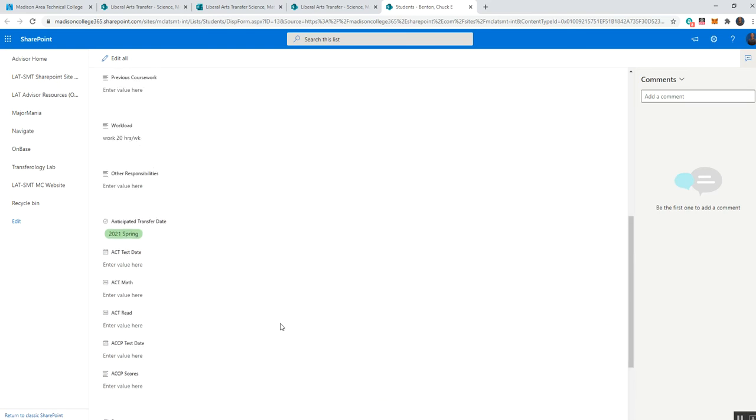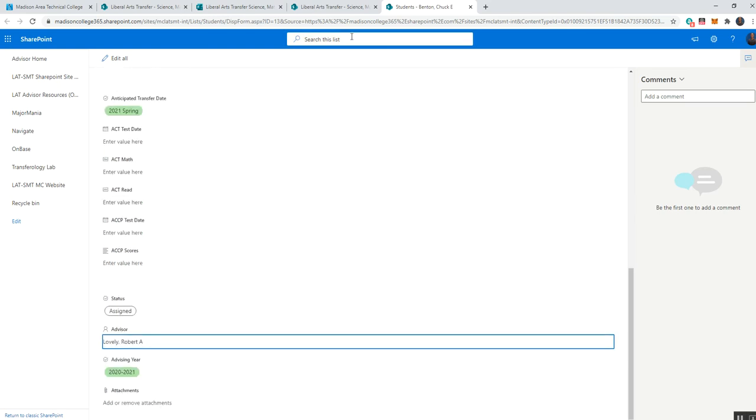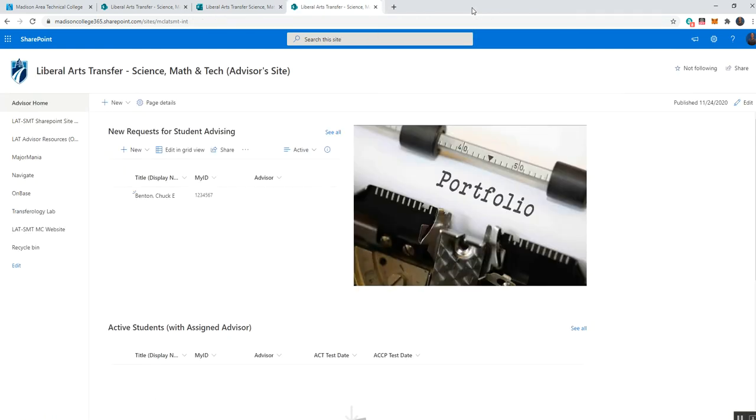Alrighty. And then I would go and send Rob an email telling him that student Chuck Benton just submitted a request. They're in environmental science, and can you advise them? And if Rob said yes, I can, then I'd be like, great. And then Rob would come here, and then he could